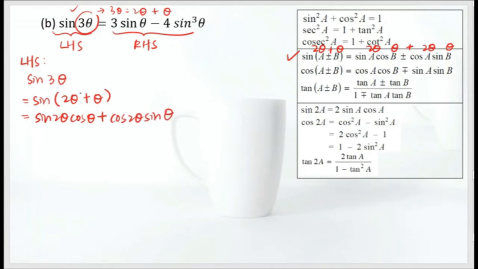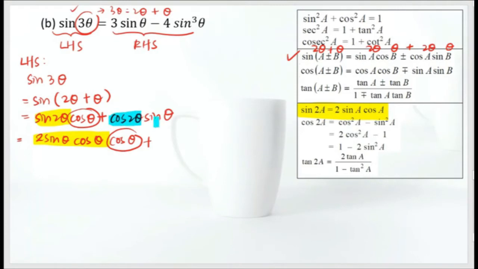Okay, so now sine 2 theta is the double angle, right? We have to change it by using the double angle formula. Sine 2 theta will become 2 sine theta cos theta. So it equals 2 sine theta cos theta, and don't forget it still has another cos theta. Don't forget this one. Then plus